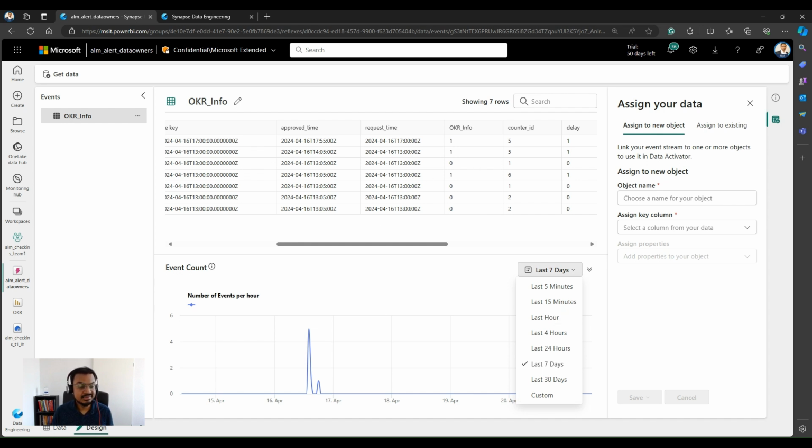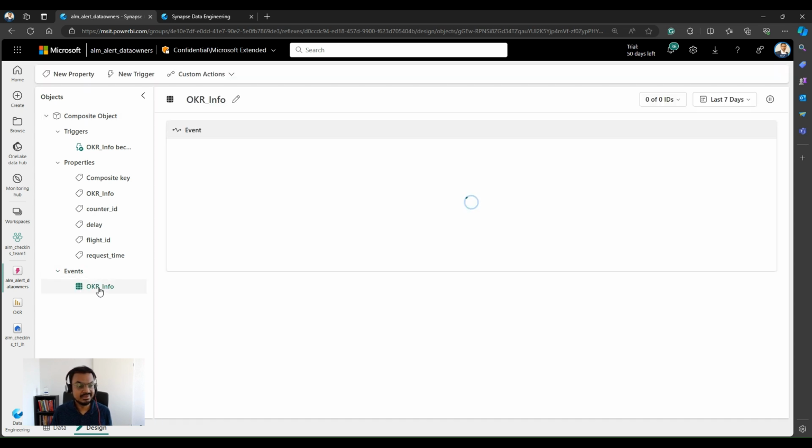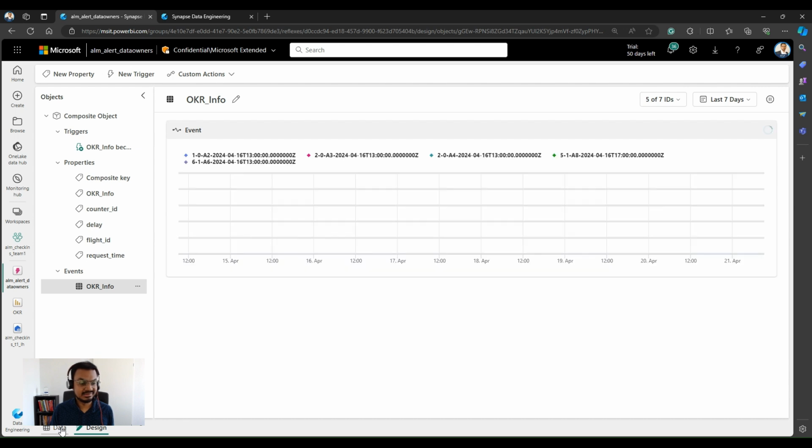So if you go into my design tab, this is where the alerts have been created. So if I look into my events, that's basically exactly what you saw here. You can see a graphical representation of when these events had occurred. And as you can see, this is the last 7 days. There are properties which represents the columns. As you can see, the flight ID, the delay, the counter ID, the measure, OKR info, and the request time. And this is the trigger which got created from my Power BI, right? So when you went into set alerts and we created the trigger, this is what has been created in the